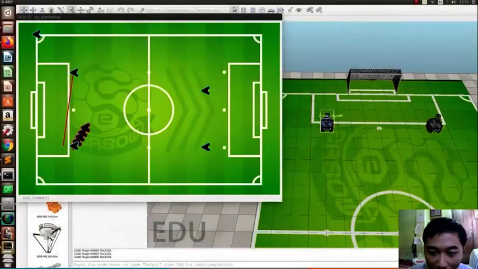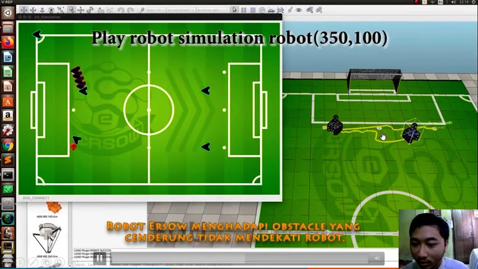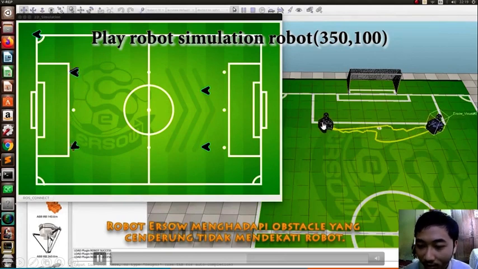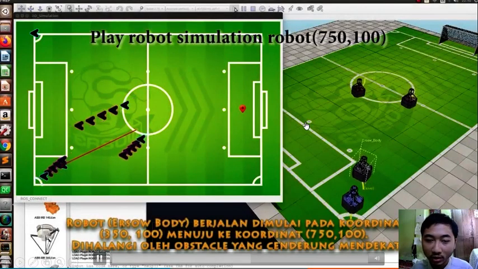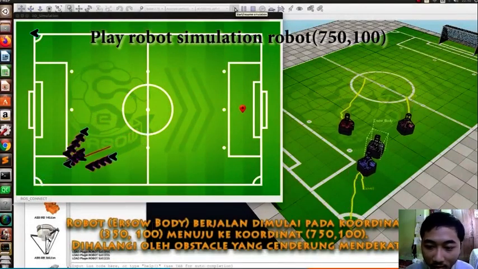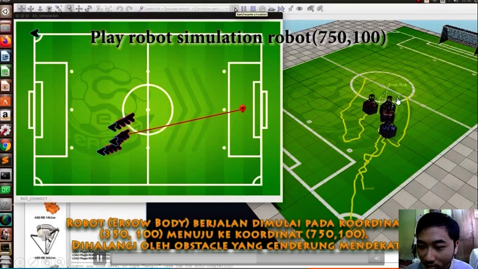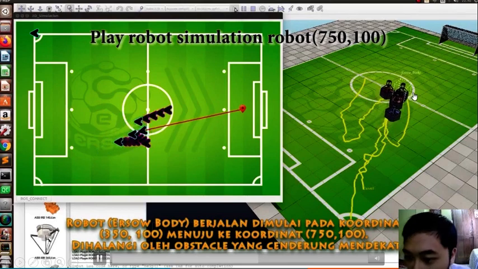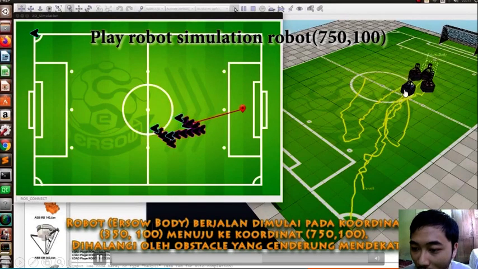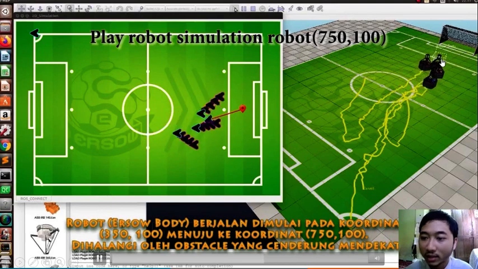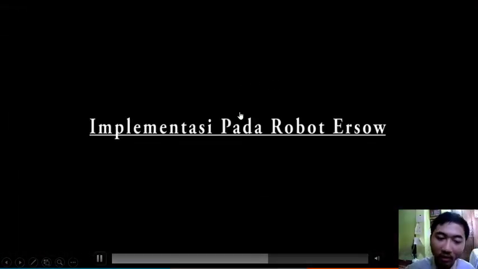Okay, next we have two robots simulated in here that simulate the positioning. It's different from before because this robot does not tend to approach itself. Okay, this is the robot simulation again. The robot begins to attach to the opponent robot. This simulates the robot having a ball and the opponent robot having to catch or chase the ball from it. And the speed is arbitrary in here.